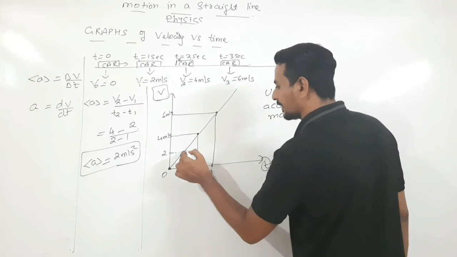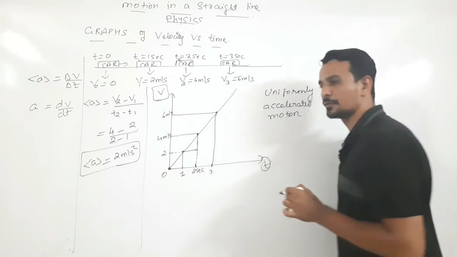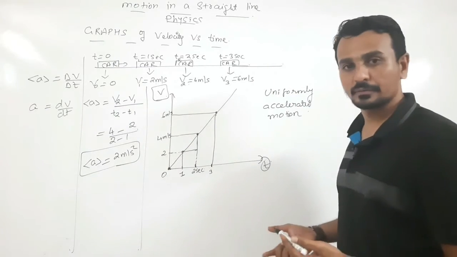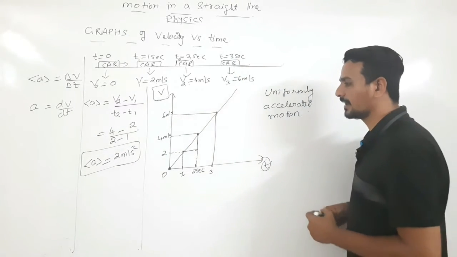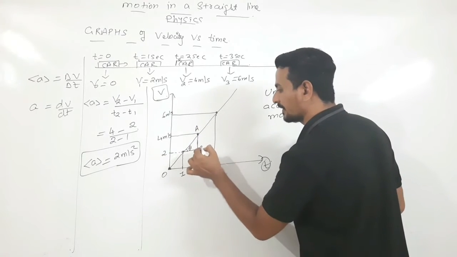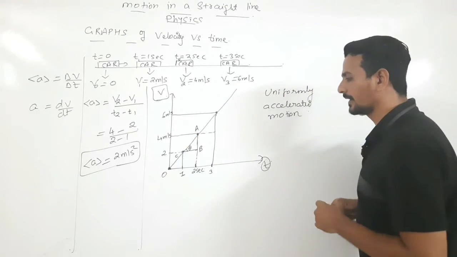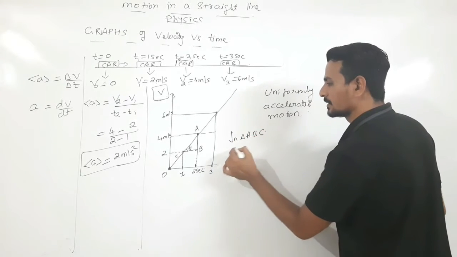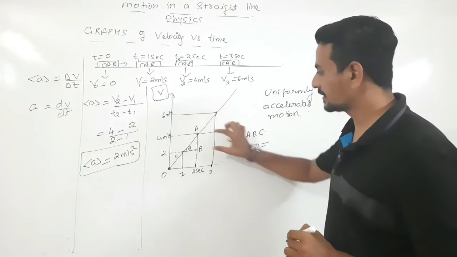Okay, fine. So now let us calculate the slope of this graph. Already we had discussed what the slope is, how to calculate the slope, when the slope will be positive, when it will be negative, and what the slope gives you. These were the things we had discussed in the x versus t graph. So for the v versus t graph, let us calculate the slope. Slope means tan theta. In this triangle ABC, you can take this triangle or that triangle also, there is no problem. So in this triangle ABC, tan theta, which is the slope, equals, according to the definition, opposite by adjacent.